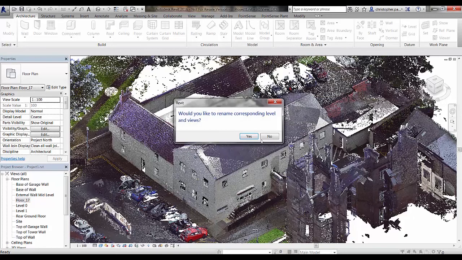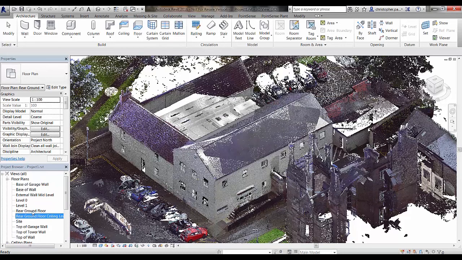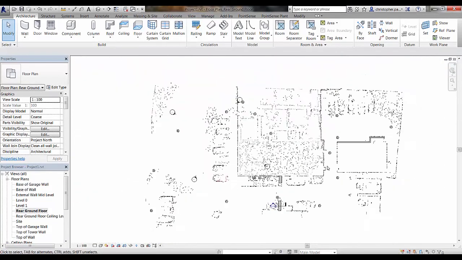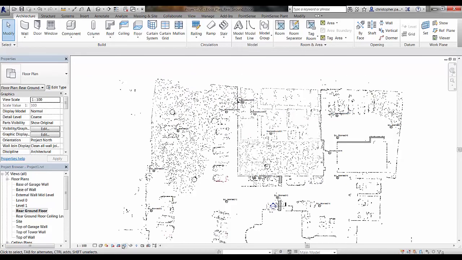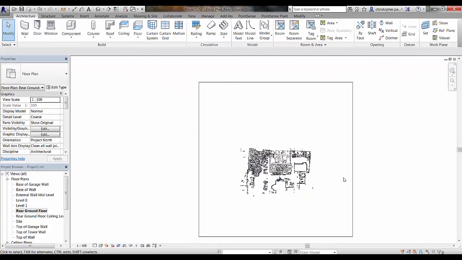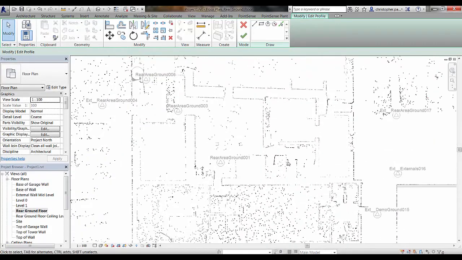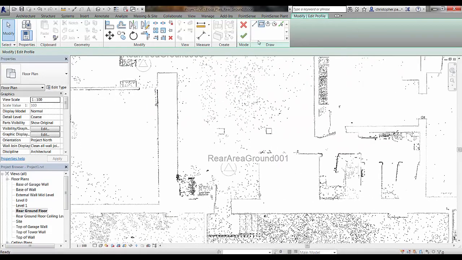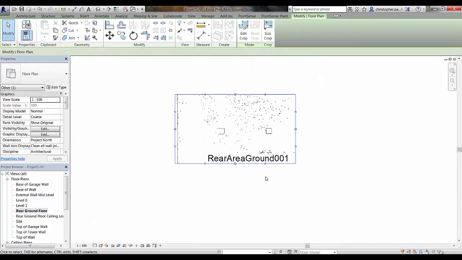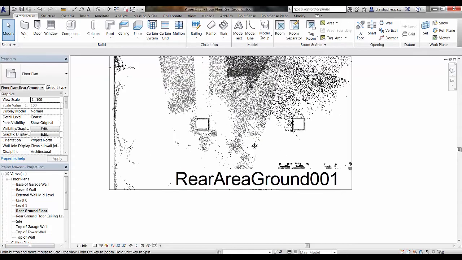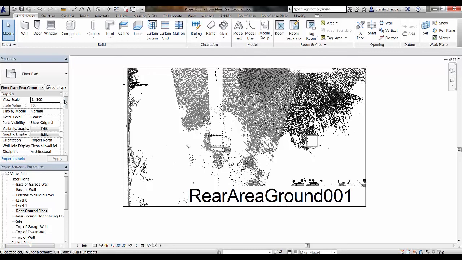Okay, once that's done, we are just going to open that up, just so we can see what we're doing. You don't always have to do this, but this is just so we can visualize what's going into the project. I'm just going to open up that rear ground floor, and I'm just going to crop the view down so we can actually focus on the area we're dealing with. And here's that rear area ground 1 scan that we're looking at in VirtuSurv, so I'll highlight a little window around there. I'm actually also going to just bring the view range up on this plan,